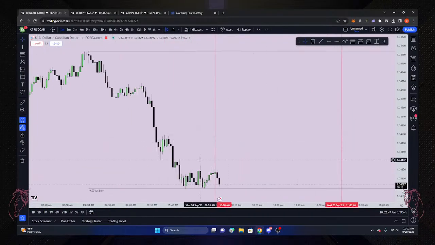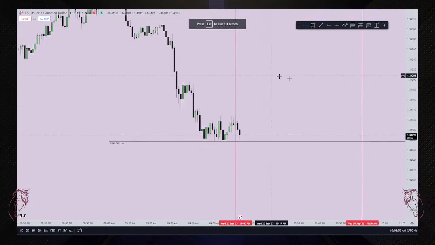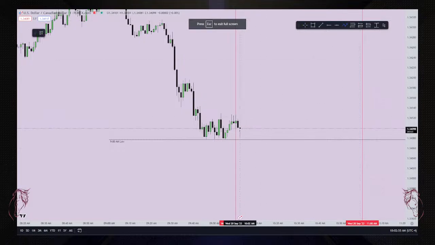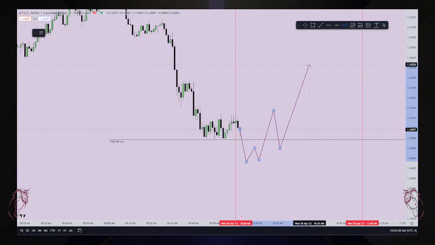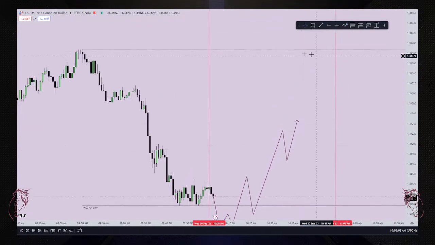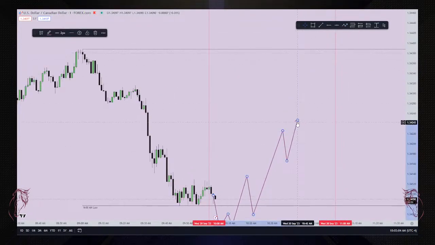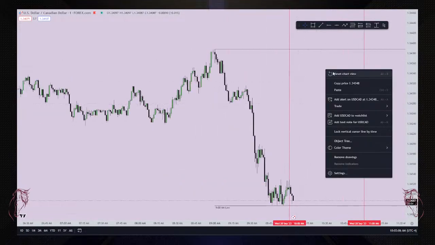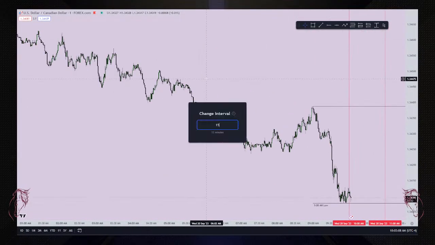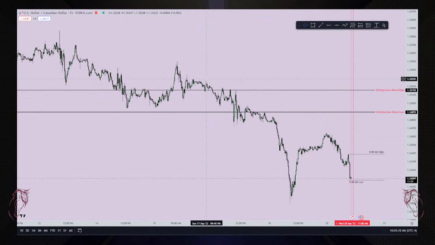I would like to see a counter trend shift in market structure where price does something that goes like this, where it goes down, shifts up, pulls back into the high, and then continues going higher, targeting 9 a.m. highs. This is what I would like to see happen, but on the higher time frame, like let's say 15-minute,